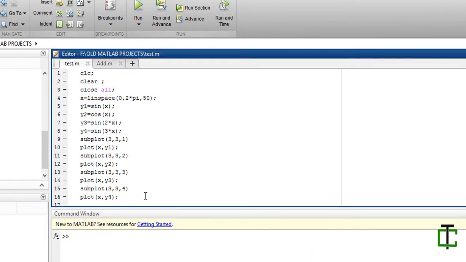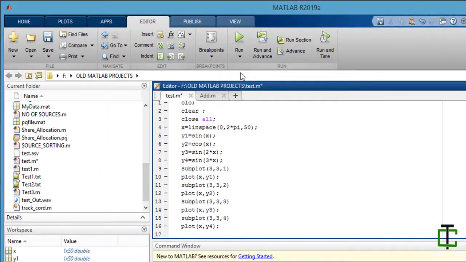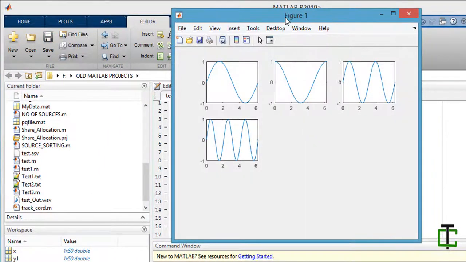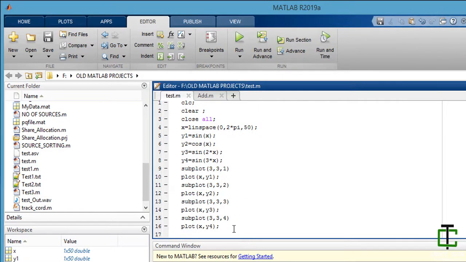Just a moment, you can change this plot heading also. This figure 1, I can change it by writing a function called figure. Figure name is display figure. Run it.